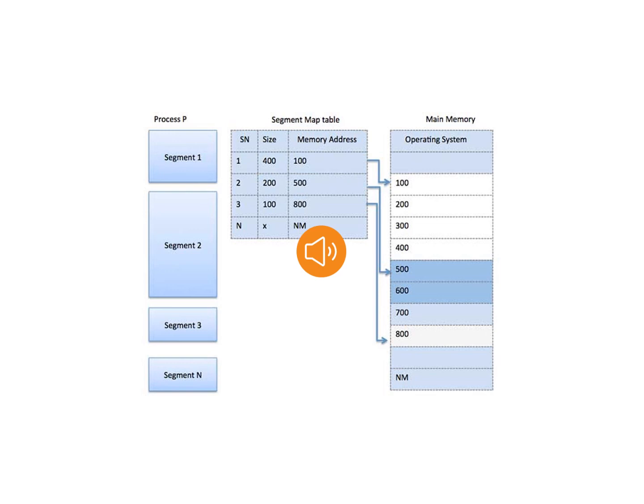The operating system maintains a segment map table for each and every process and a list of free memory blocks along with the segment numbers, their size and corresponding memory locations in main memory. For each segment, the table stores the starting address of the segment and the length of the segment. A reference to a memory location includes a value that identifies a segment and an offset.